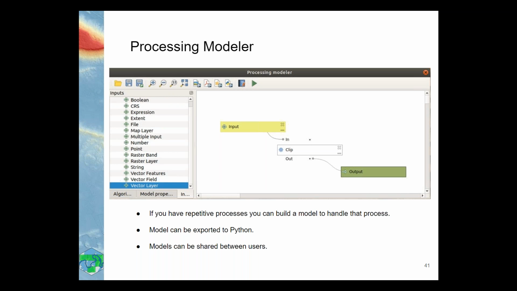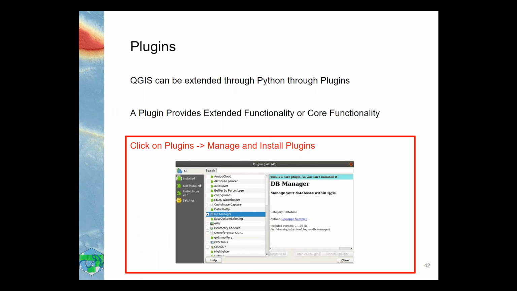The processing modeler, if you're going to build tools, here's how you do it. You would drag an input in, be it a point, something, you want to clip it, and you want to do an output. And so you can build this very similar to Arc Toolbox. I still think Model Builder in Arc Toolbox is a little bit easier, but I've built a lot of models in here, and they're pretty flexible, and you can export them to Python and learn the ins and outs there and work through them. The last thing I guess we'll get to